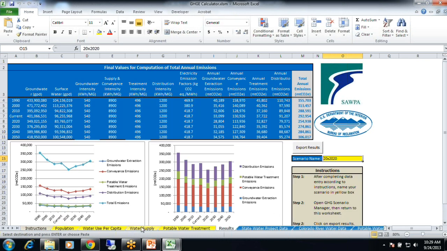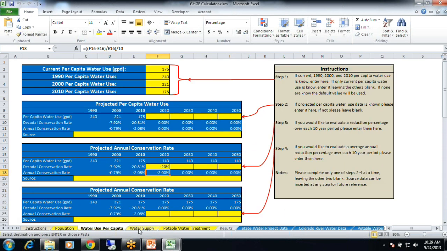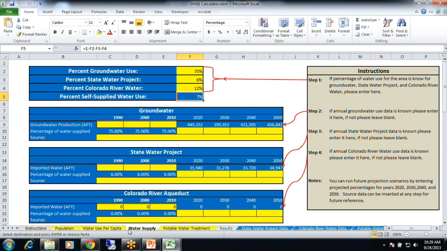And then say, okay, we need a further reduction by 2020 because we're not reducing our greenhouse gas emissions as low as we really would like to. So one way to do that is say, okay, we want to reduce our State Water Project to 2% of our total water.